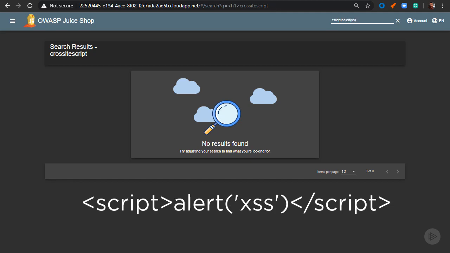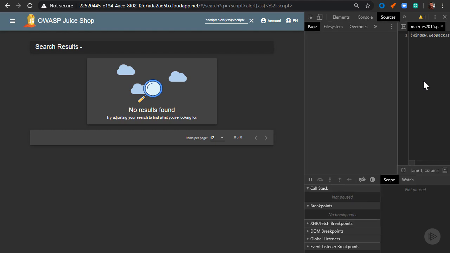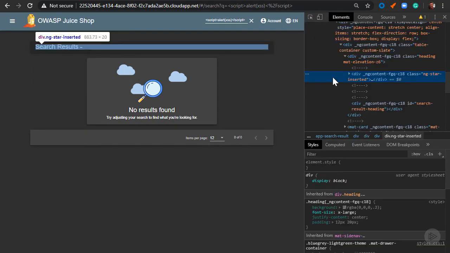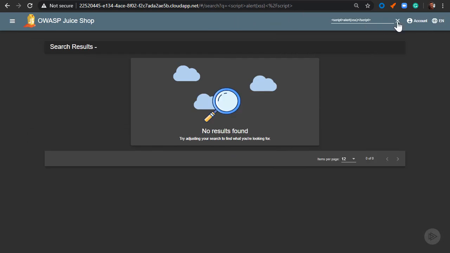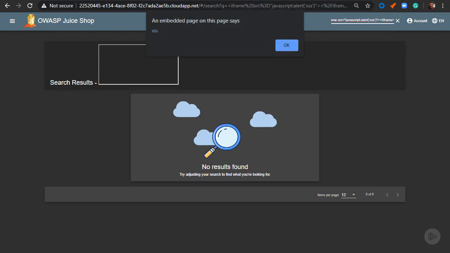the use of the script tag in this classic cross-site scripting test input with the alert function. Though this time when it runs, the results are not displayed, and it didn't really work. This can be for a number of reasons, and the good news for attackers and bad news for you as an analyst is that there is more than one way to perform cross-site scripting. The iframe tag can be used here to call a JavaScript and then subsequently call the alert function or whatever function you would like, and once you give that a shot, it does the trick.